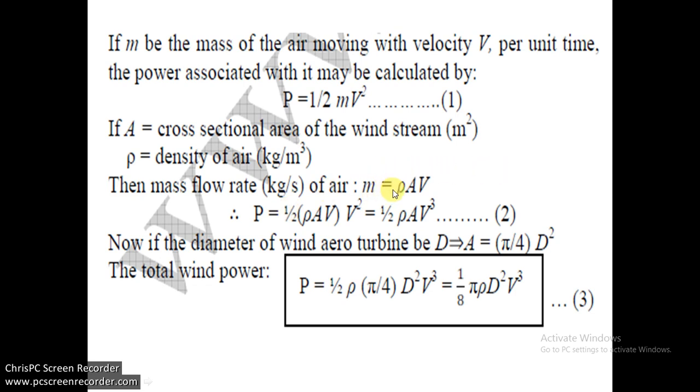When we put the value of m in equation 1, the formula turns into 1/2 rho A v cubed. This is equation number 2. If the diameter of the wind aero turbine is capital D, then the area of inlet is pi by 4 D squared, where D is the diameter of the turbine rotor. So in place of A we can write